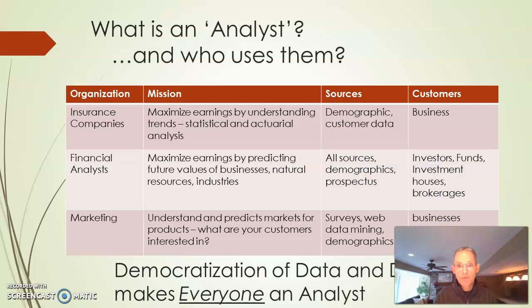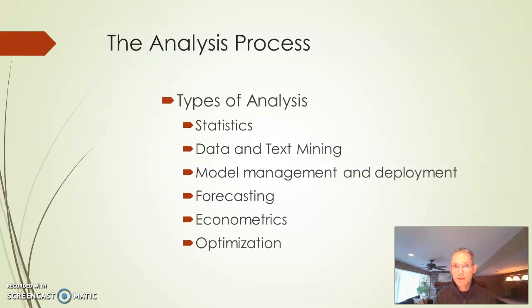The point behind making it go faster is that if you can make those decisions faster than your competitor, you're going to be able to move faster. You're going to be more effective than them, probably more cost effective, and at least faster to market. Businesses have always used analysts, and they use this technique: insurance companies, financial analysts, marketing analysts. But the democratization of data, and the ability through the Internet of Things to put data science behind every business and into our IT systems everywhere, makes all of us analysts. So now we can all start looking at data, trying to intuit, to mine information, and to make better decisions based on that.